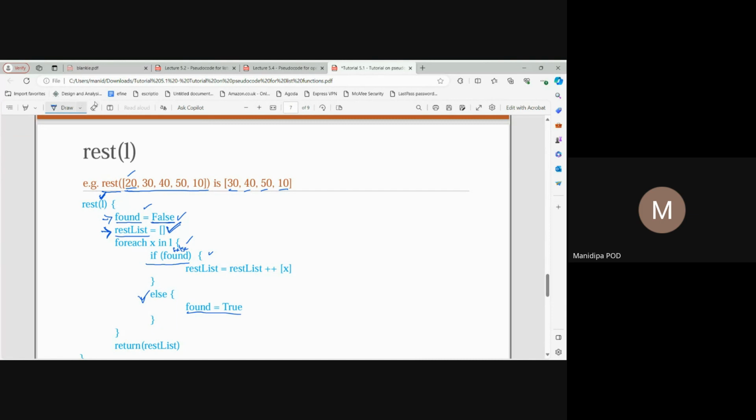Now next iteration. What is x now? 30. If found, now will I enter the if block? Yes, because found has been updated to true. Correct? So the condition is satisfied, and when I enter the if block,